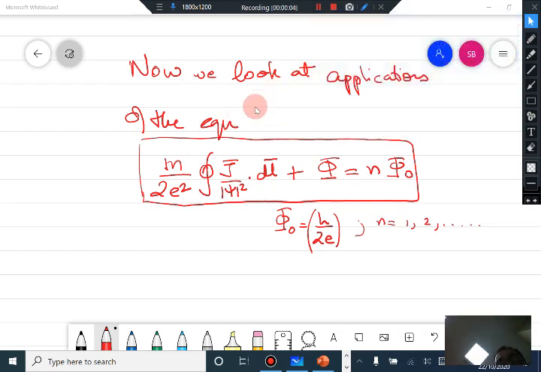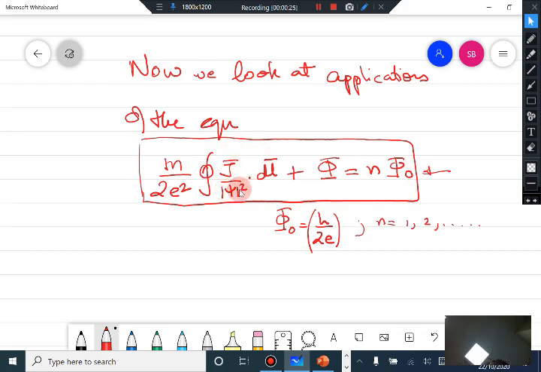Now, in the last lecture, we had taken a look at the GL equation, and from the GL equation 2, we had actually derived a relation between currents and fluxes which are associated with any superconductor. And that relation is this. Okay, where J is of course the supercurrents which are flowing inside the superconductor.